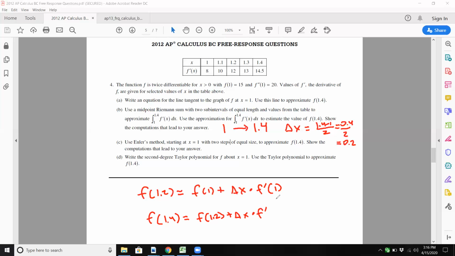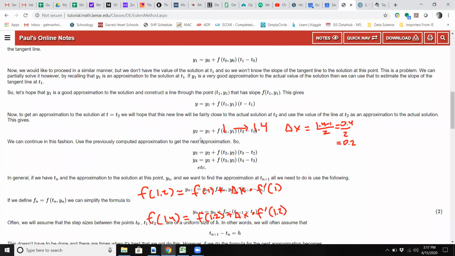And we've actually already done this for 1.2. So it's an iterative process in a way. I mean, if you want to go back to what we see over here,